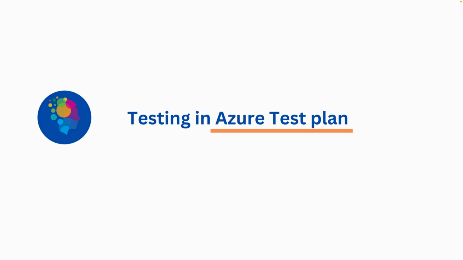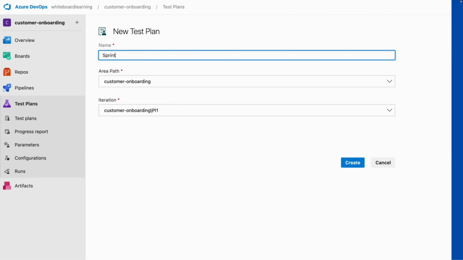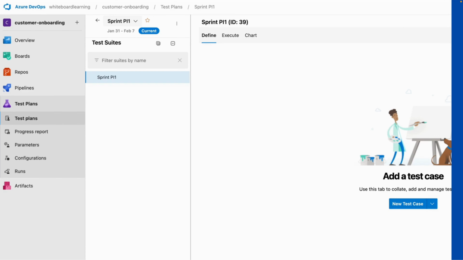Testing in Azure Test Plan. Those who have seen the tool in the past, it's all about creating a test plan, name your test plan. Like in my case, I'm naming it as Sprint PI1, hit on create button, and there you go. You have a test plan created. Anything that you do in this tool for the testing activity or test management, it has to start from test